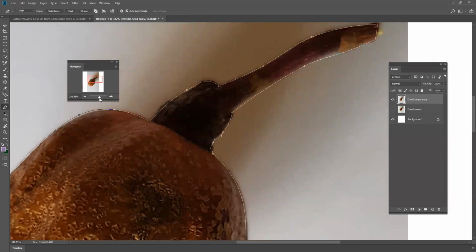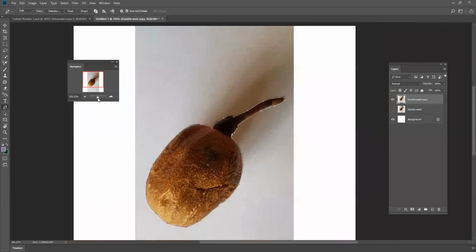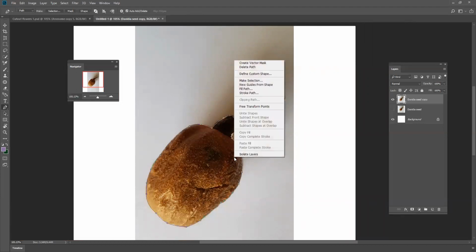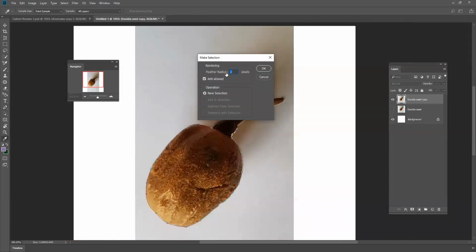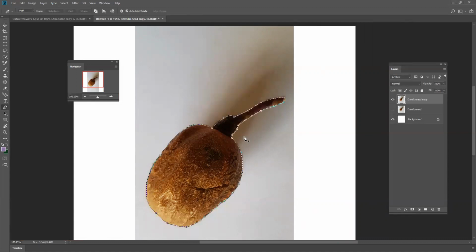If we move out, you can see that the pen tool has got these anchor points right the way around the whole object. They're looking pretty smooth. It's looking good to go, so I'm going to right click, and right clicking gives me a make selection. I've got a feather radius of 1 pixel, which gives me a slightly soft edge to this selection, and I OK it. And that now gives me scurrying ants all the way around this video fruit,